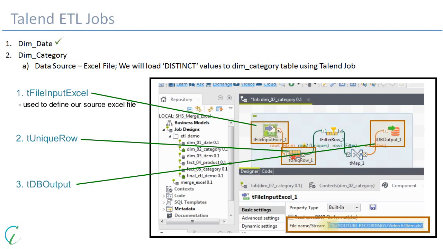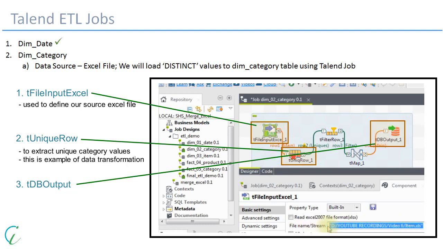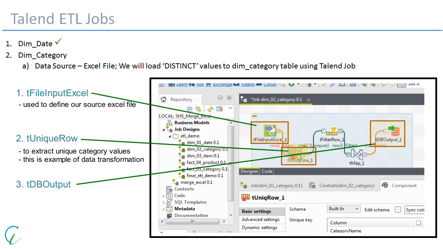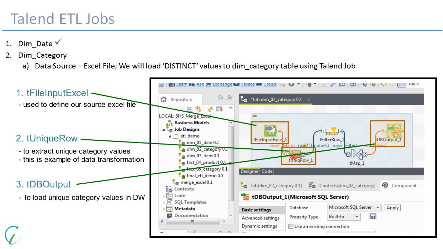Here we have specified our path. tUniqRow will extract unique values from the item Excel file. You can see that this is one of the examples of transformation. Using the tDBOutput Talend component, we will load unique item category values in the dim category table of the data warehouse.